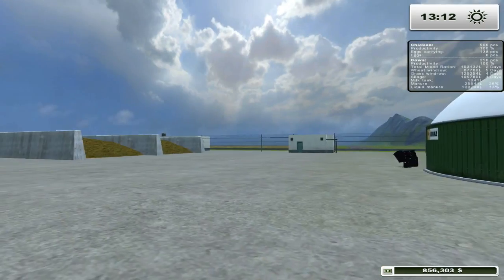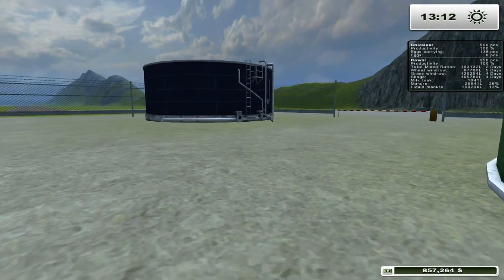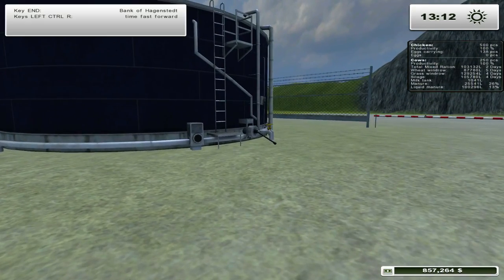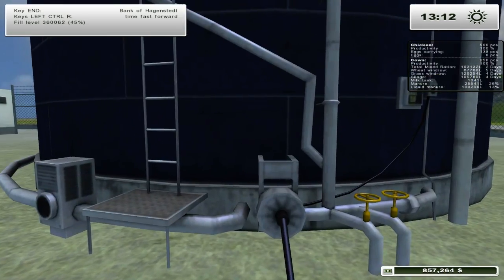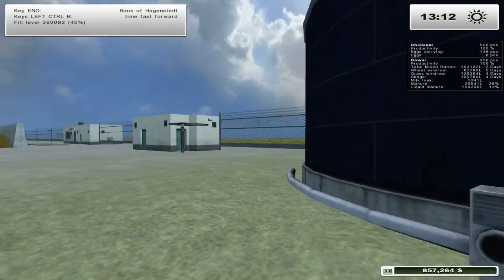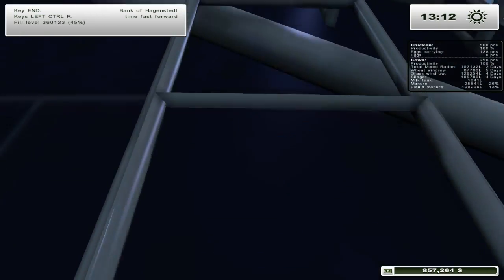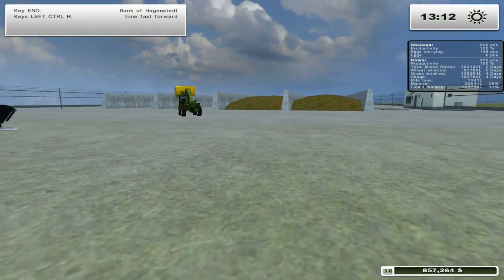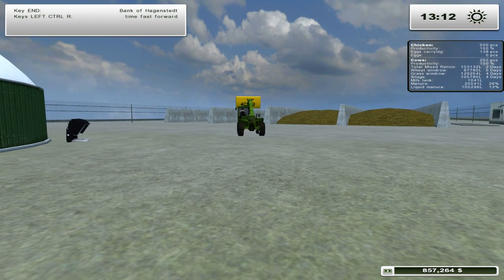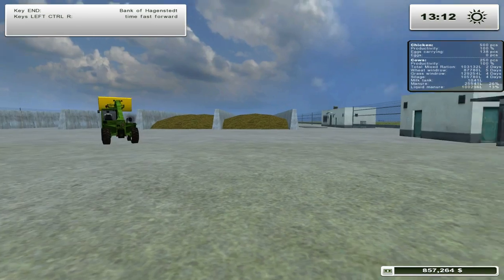And actually, because that guy's been doing that, let's just come over here for a quick second. How much slurry do we actually have? Because we could probably fertilize with slurry 45%. We could definitely use that. I wonder if we can actually go up these stairs. No, didn't think so. So we could actually do that as well. It's an interesting thought, actually. Because if we were to do that...